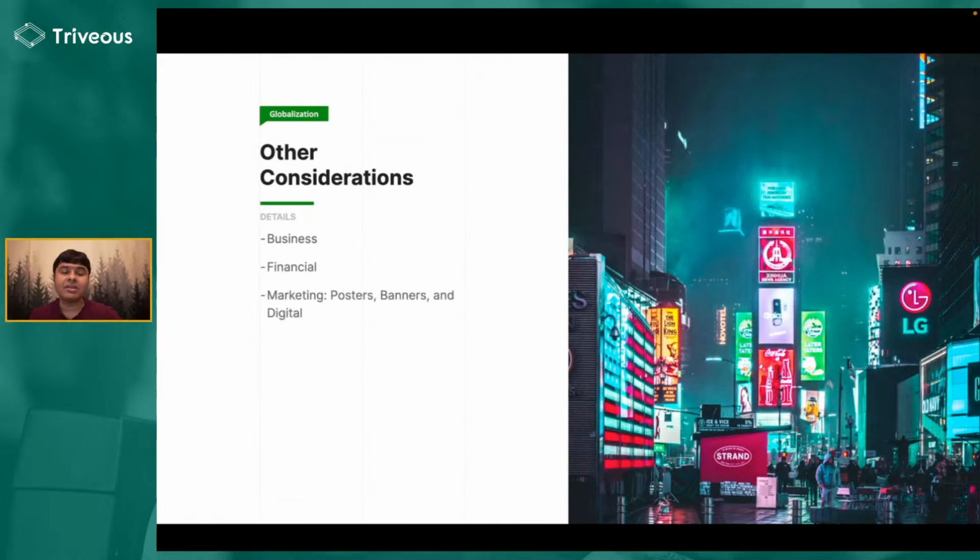Look at your marketing very, very clearly, right? Like on the right hand side, you can see a lot of posters, banners, digital marketing, a lot of different things that you do. And unless you're aware of the impact of localization on all of them, you shouldn't do it. Right? You have to understand that if I have to market a product, let's say in Tokyo, right? How am I going to do that? Right? What's the impact on my marketing spend